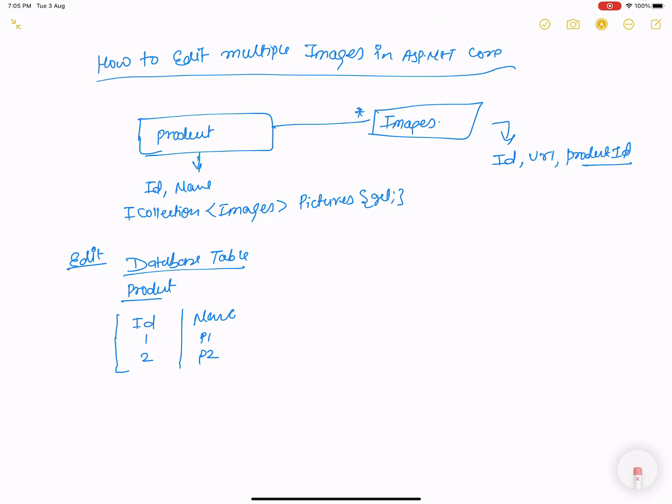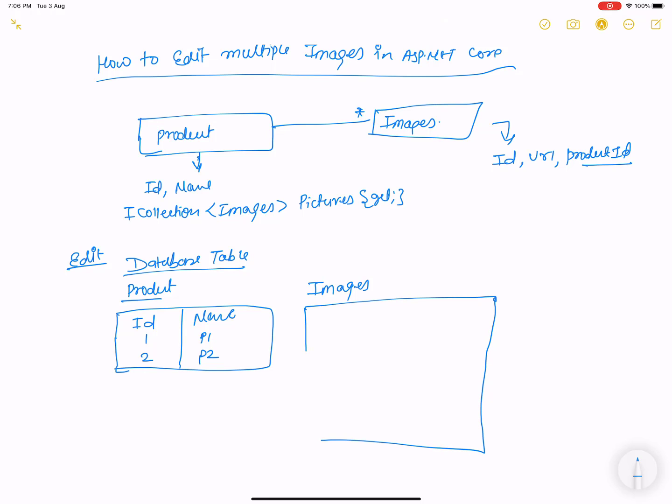First of all, in the database table a product has an ID and a name. So IDs 1 and 2, and their respective products are P1 and P2. And in the images table, you insert multiple images related to the product IDs. In images, we have ID, URL, and the product ID, whose short name is PID.